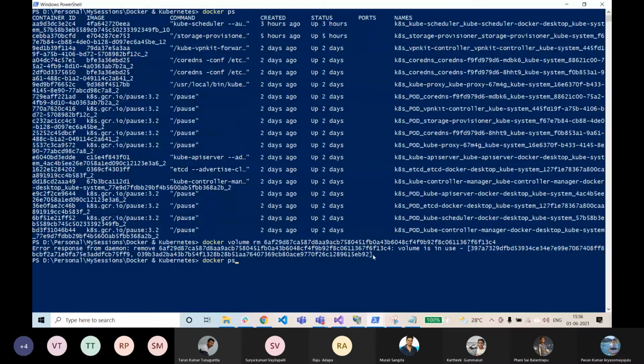Okay, so docker rm -f web1 and web2. So I deleted these two containers, right? Now let me try to remove this volume. Now it is actually deleted. So it clears your question, right, Surya Kumari? Yeah, thanks. Okay. So others, any questions, or can we move forward?